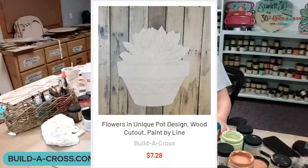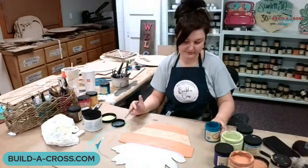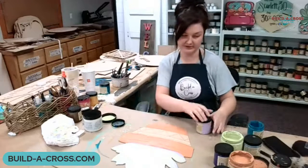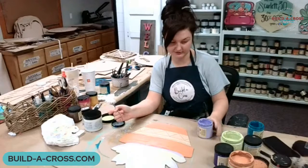All right, so for this little base here, I'm going to use, let's bring in the colors I used at the top to tie those in, and I'll add in addition to those